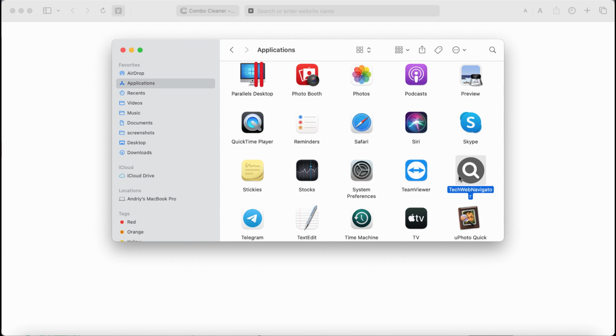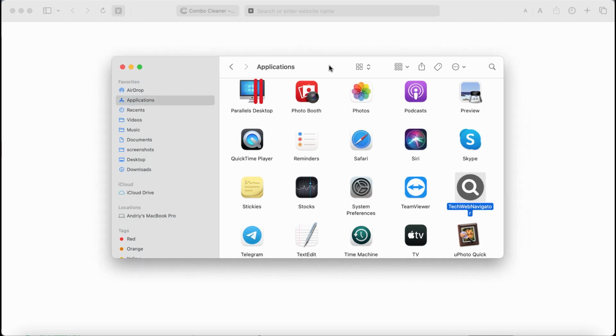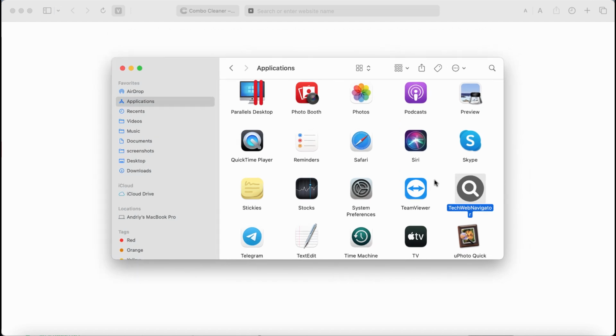So if this TechWebNavigator was somehow installed into your computer, it is time to get rid of this adware, because this adware will just keep disturbing you greatly. It will also slow down the performance of your computer. So to remove it, check your Finder, check your applications, find this TechWebNavigator, right click on it and move it